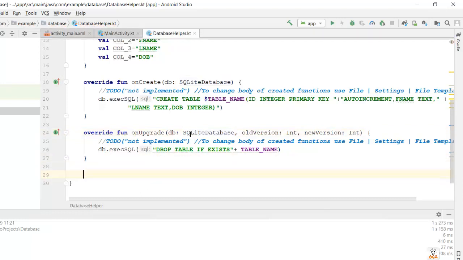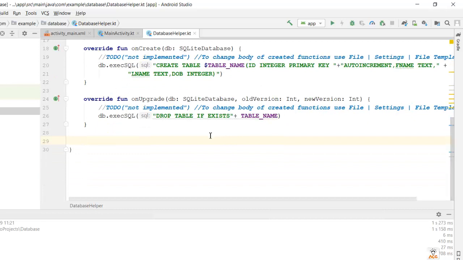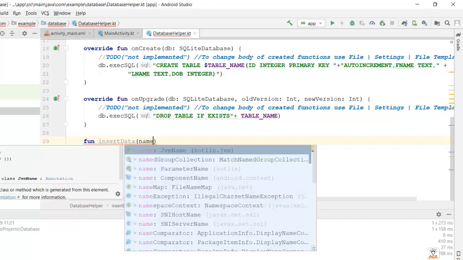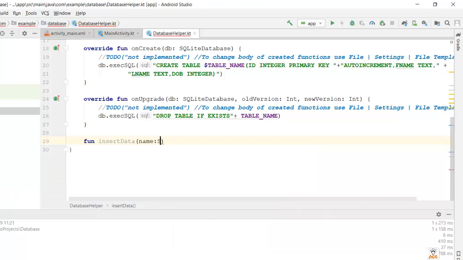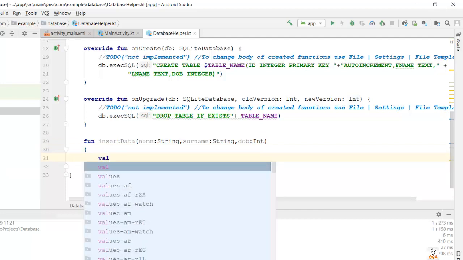Now we would create our own function in order to insert the data into the database, right? So let's create a function and we'll give the name as insertData, and we'll have the data which we want to insert: first name, data type as string, then surname, data type string, and date of birth, with data type as int, and open close,